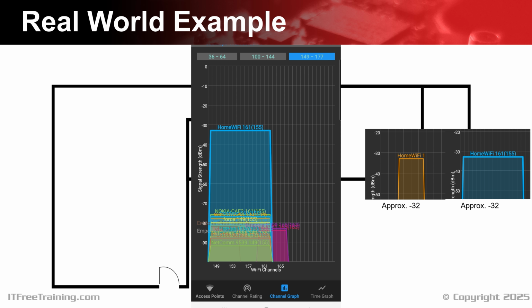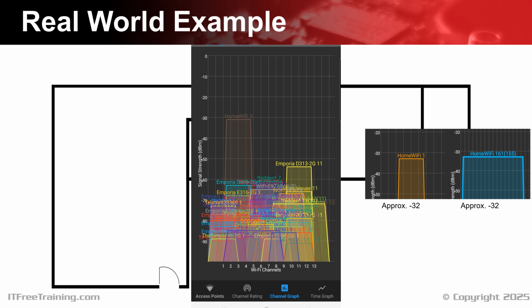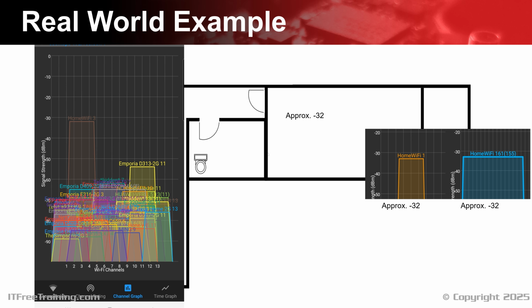I have moved to the door of the bedroom and will select the 2.4 GHz band. You will notice that the signal strength is about the same. There will be a delay when you move position, so make sure you give the device time to scan the network and make adjustments. If you take the reading too quickly, it won't be accurate. I will now add the reading to my map.